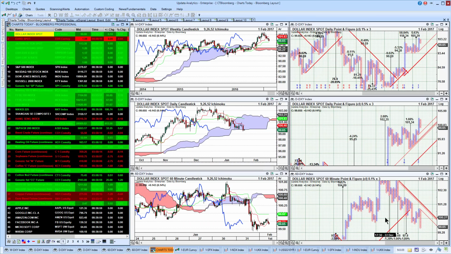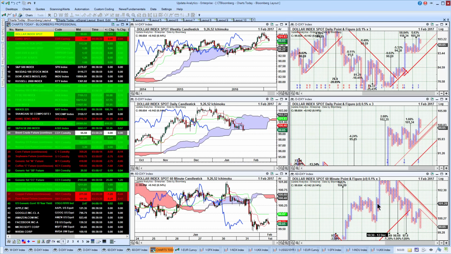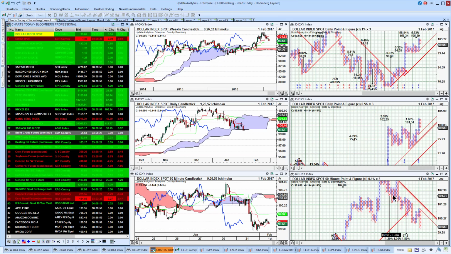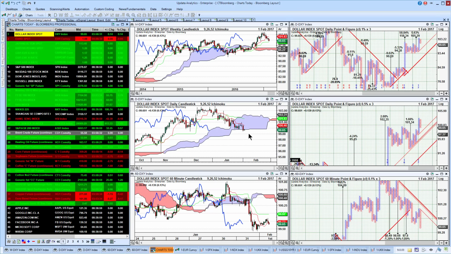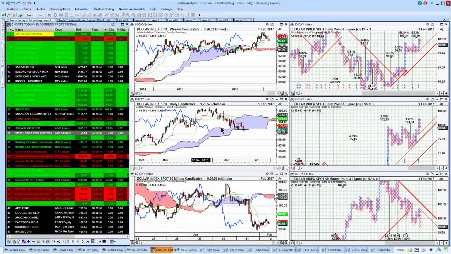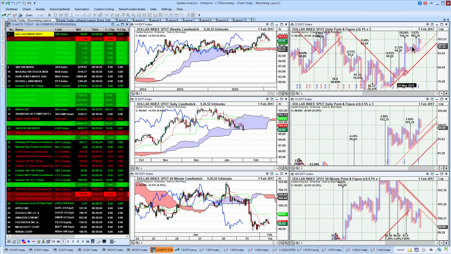So we're currently below the 100 level. It's not that psychologically important for this index, less so than, say, a currency level, perhaps. But the interesting thing is clear short-term downside potential, medium and upside long-term potential. In fact, there's a shortage of medium-term upside targets, and we are just testing the cloud at the moment on this medium-term daily chart. So quite interesting that we're seeing that.